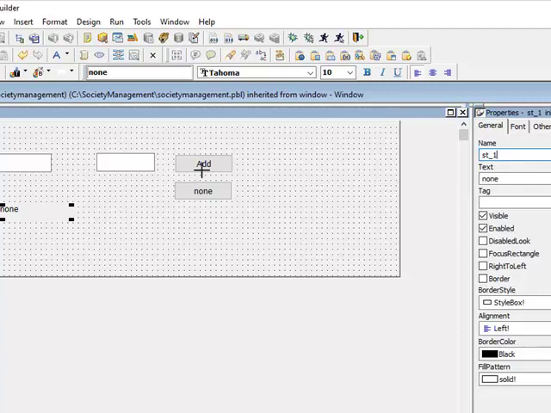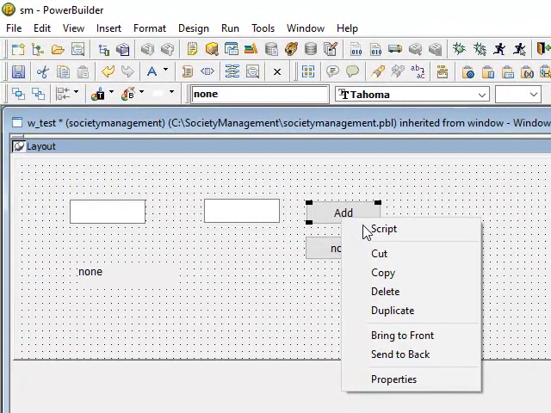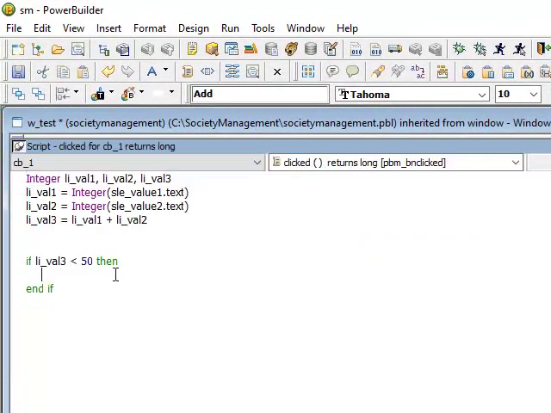st_1.text equal to, you can say, first division, right?